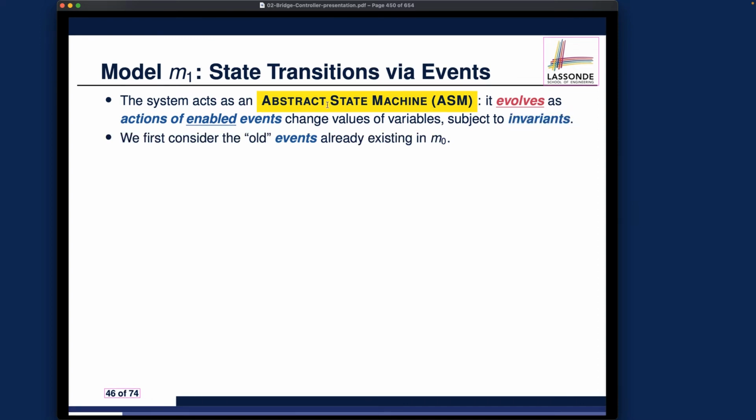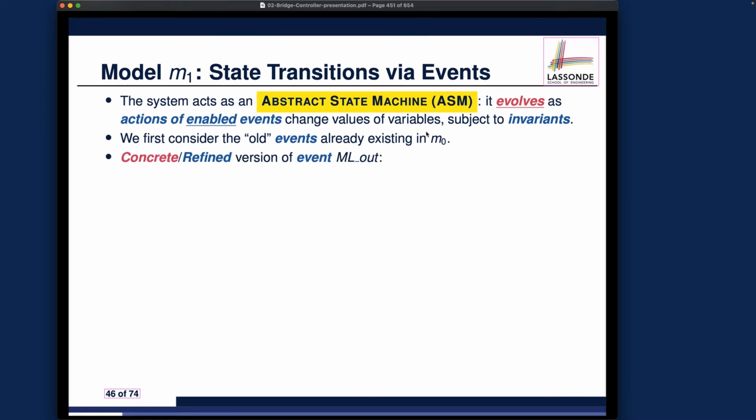And when we talk about events right now, we're only talking about the events that already exist in the initial M0 model. We also got some new events, since we now have a notion of island versus the mainland, so we actually got different events there. But we'll talk about the new events later. For now, we're still talking about ML out and ML in. Only these two events. These two events actually exist in both the initial model and the first refinements. That's what I meant by old events.